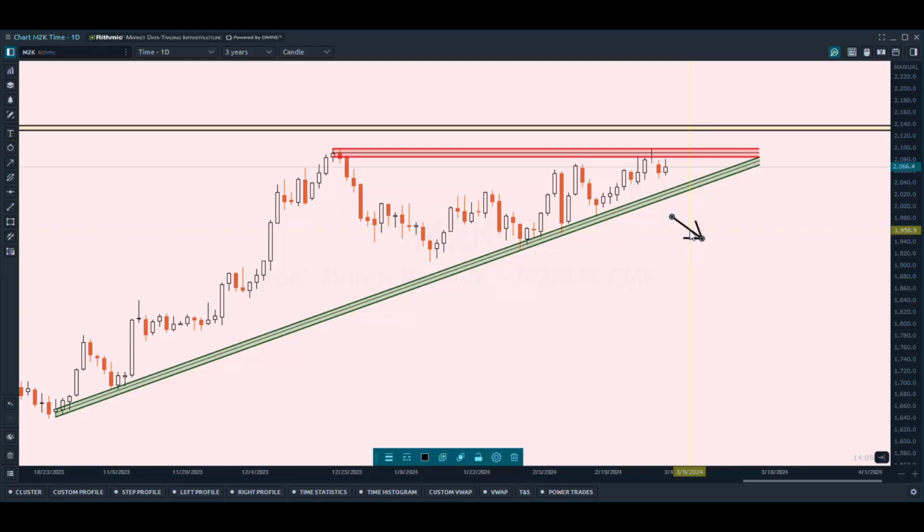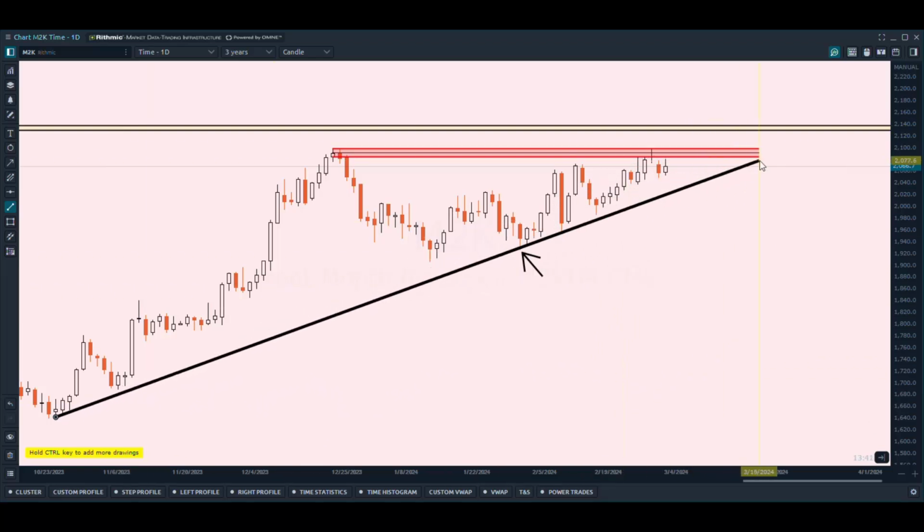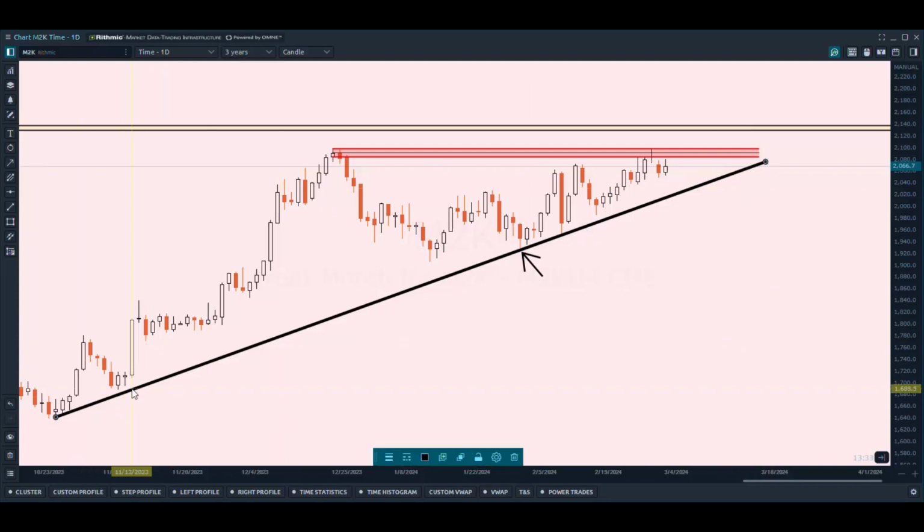break to the downside. So what I've done here is I've really connected 2 points. I've connected this point here at the bottom back in late October of 2023, and then I've connected it here to this point back in February of 2024. And what you'll see here is instead of just drawing one exact line, which I will do here, instead of drawing just one line and having literally just 2 points on this particular chart and in this particular